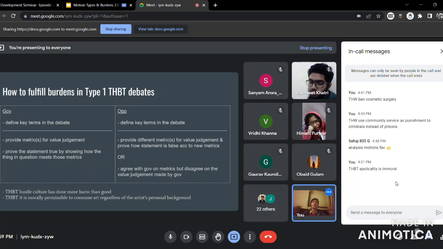The metric is that any action which causes harm, or you not doing a particular action which leads to harm, and you doing that action would have led to some benefit to that person, but you're actively not doing that action. If you are doing this, then you are immoral. Now this can fit into multiple actions.